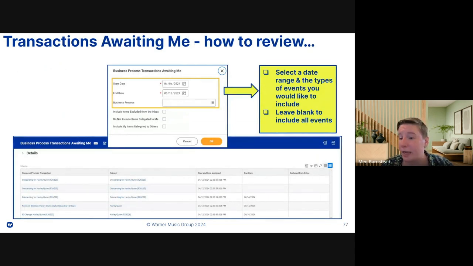We also have a fantastic report that can be really helpful if My Tasks is getting a little bit overwhelming, or if you're trying to search for something that is specifically waiting on you. This is Transactions Awaiting Me, and it is going to allow you to see any business process that is waiting on you. You can constrain it by a start and an end date. If you leave that business process section blank, it's going to bring everything in. But you can also put in a specific type of business process and only pull in those types. That's especially going to be helpful if, let's say, you're trying to make sure that you have all